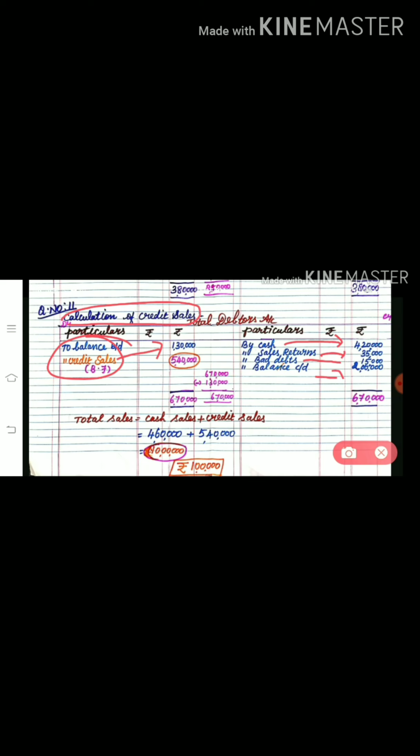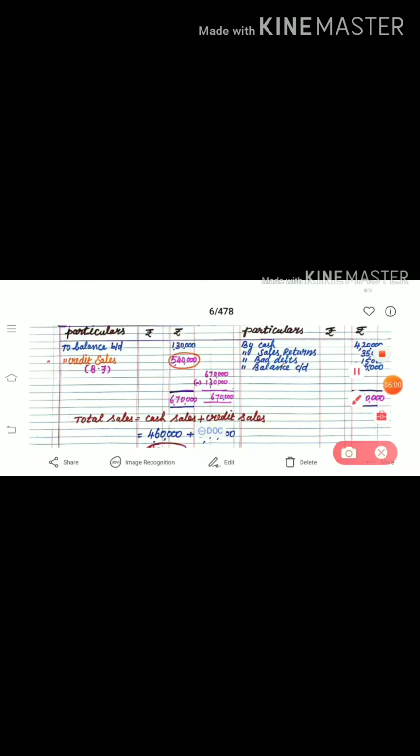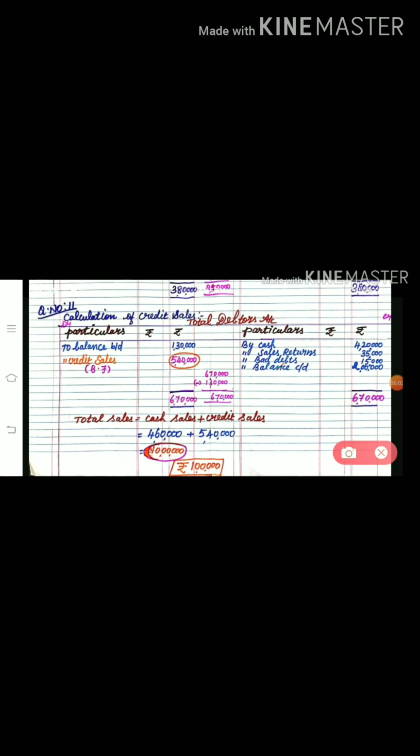First total the credit side value. The value is 6,70,000. This is the highest value. This highest value represents both sides, debit side and credit side. So 6,70,000, and then the debit side value 1,30,000. So the lowest value is deducted from the highest value. Highest value credit side 6,70,000, debit side value 1,30,000. So when we subtract, the remaining total value is 5,40,000. This value is known as the credit sales value.